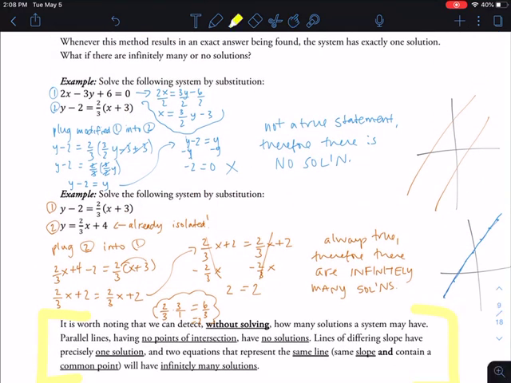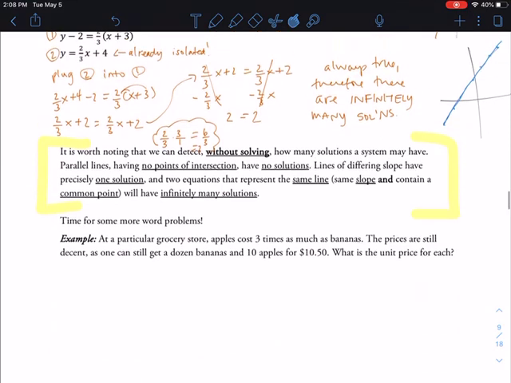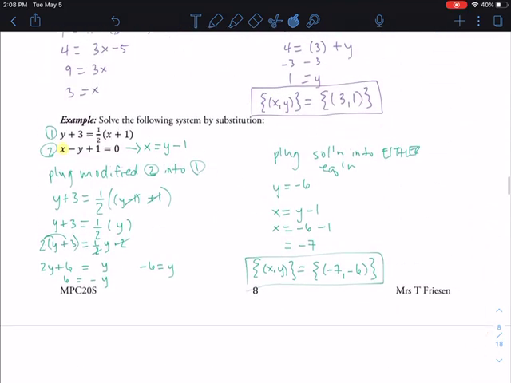So these are supposed to look parallel. I know it's not perfect, okay? Because they're parallel, they have the same slope, and that means they're never going to intersect each other. And lines that have different slopes, so like if we go back up to this